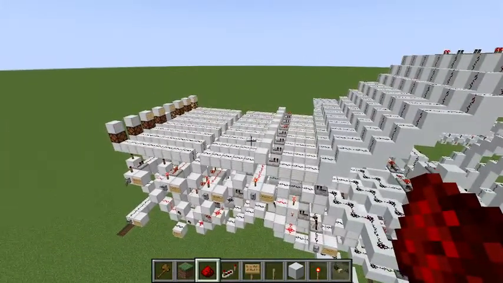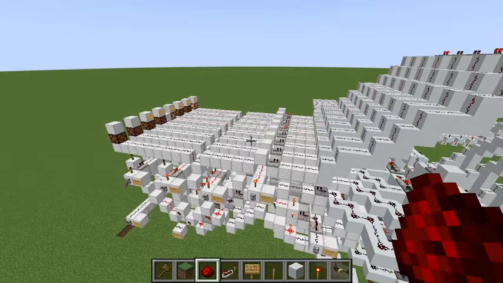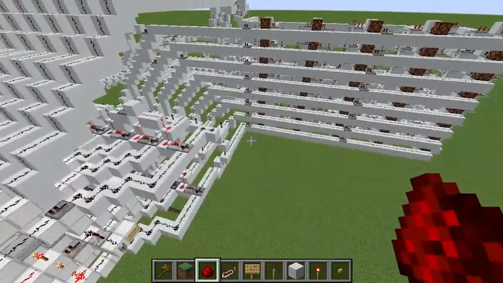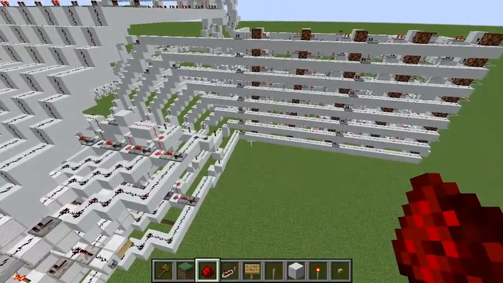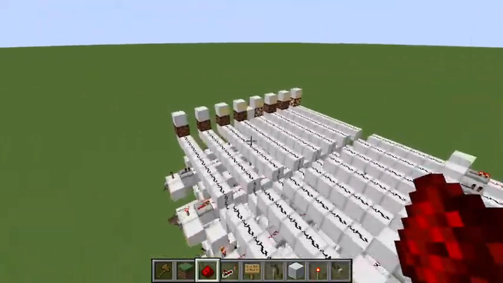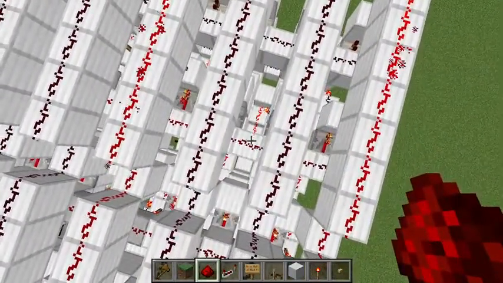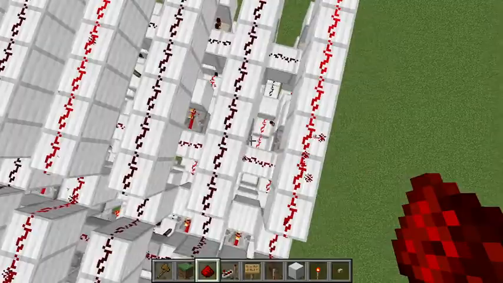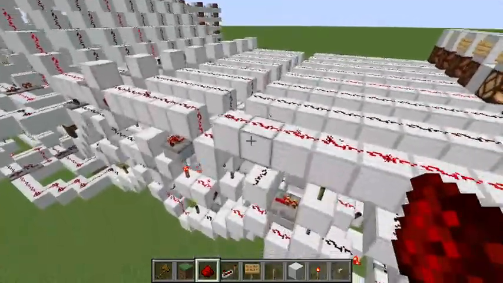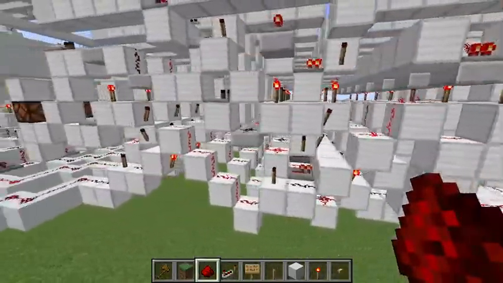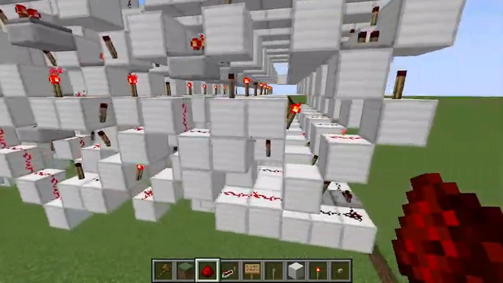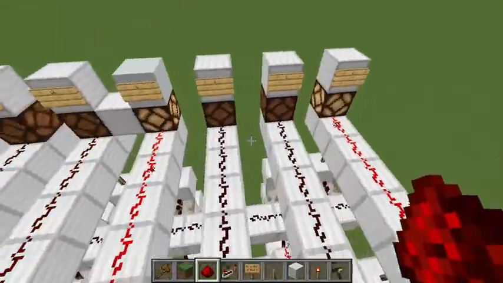What is that noise? What is that noise? Okay, well, I don't know what that noise was. I don't think that was in Minecraft. I think that was something to do with my computer. I don't know exactly what it was, but